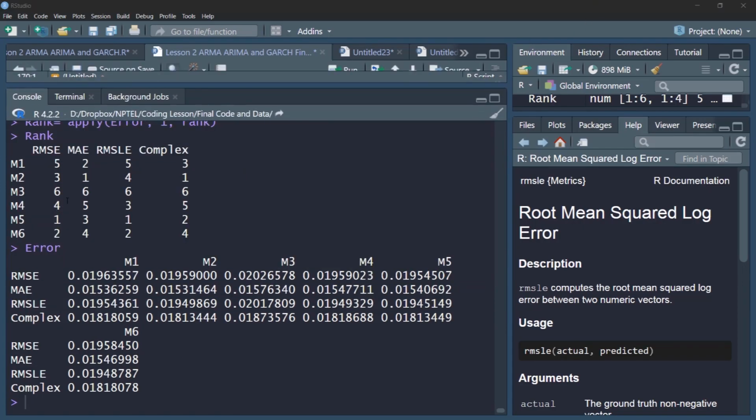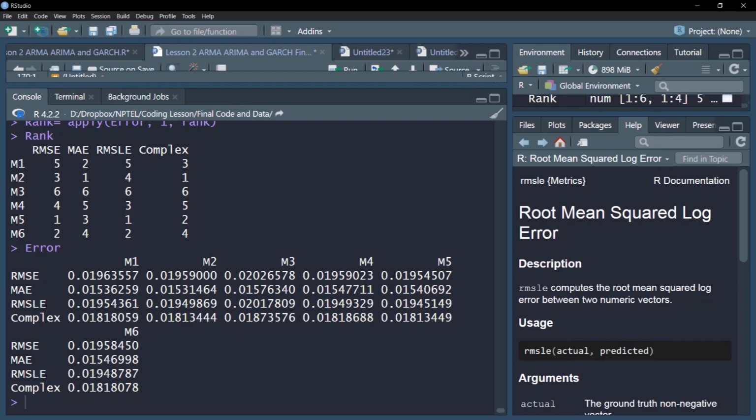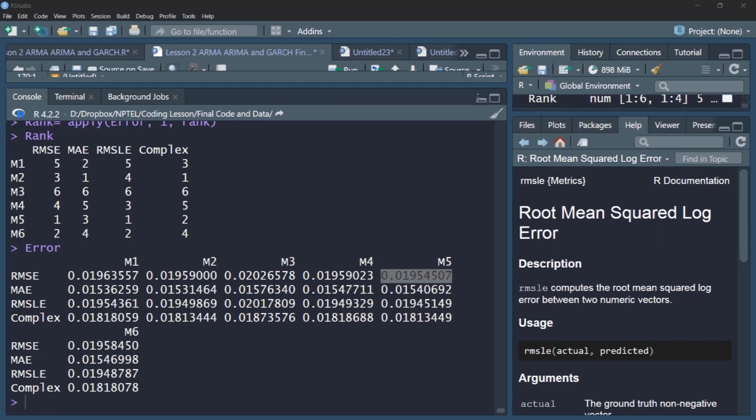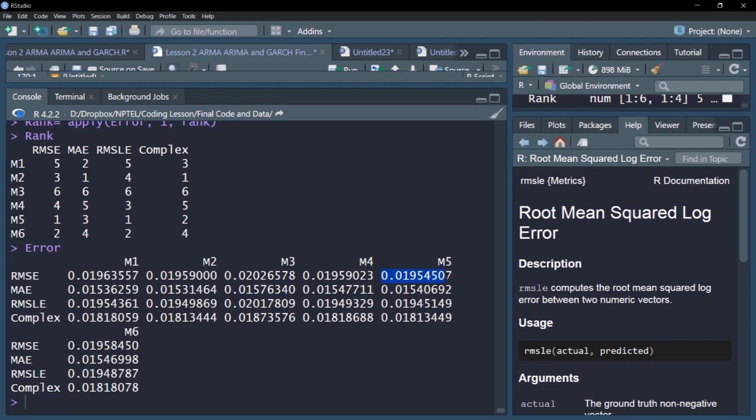Let us compare. Notice that on RMSE, M5 performs best. So on RMSE, this 0.10195 is the best across all the models. Similarly, if you look at M3, it is worst on all the errors across all the models.